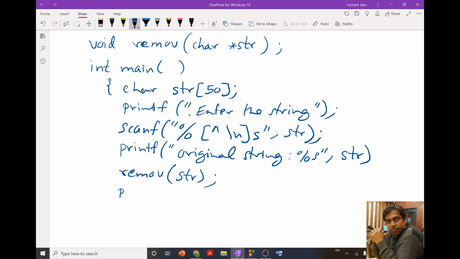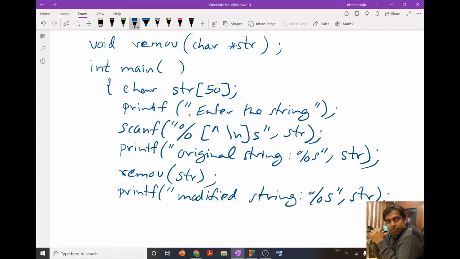Then again we print the modified string str, and then it is the end of our main program.